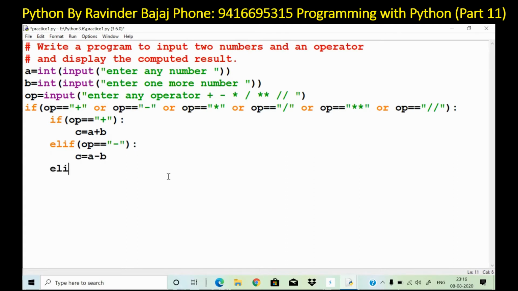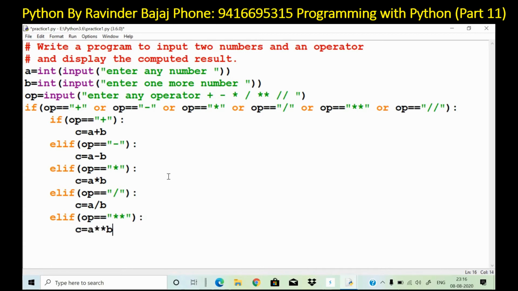Else if operator is equal to multiply, then c is equal to a multiplied by b. Else if operator is equal to divide, then c is equal to a divided by b. Else if operator is equal to exponent, then c is equal to a raised to power b.